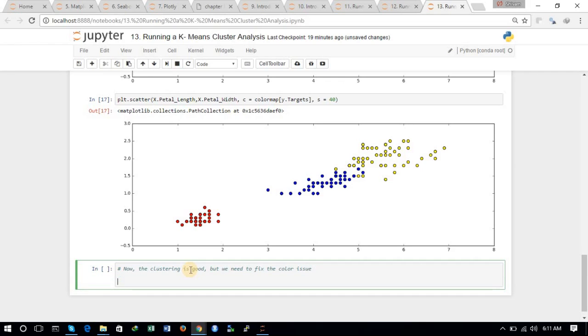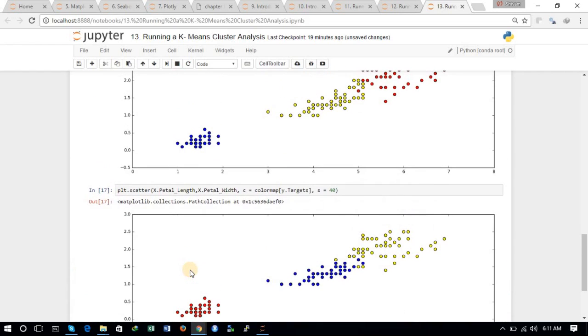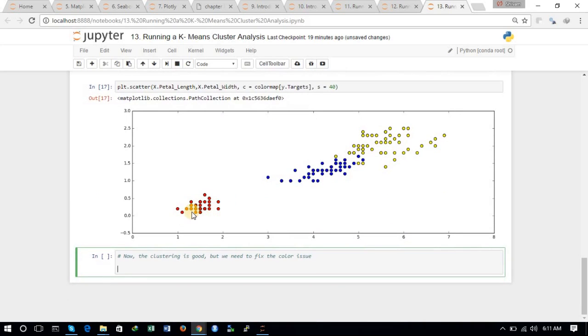So we just want to convert the zeros into twos and twos into one. So let's try this, and we will